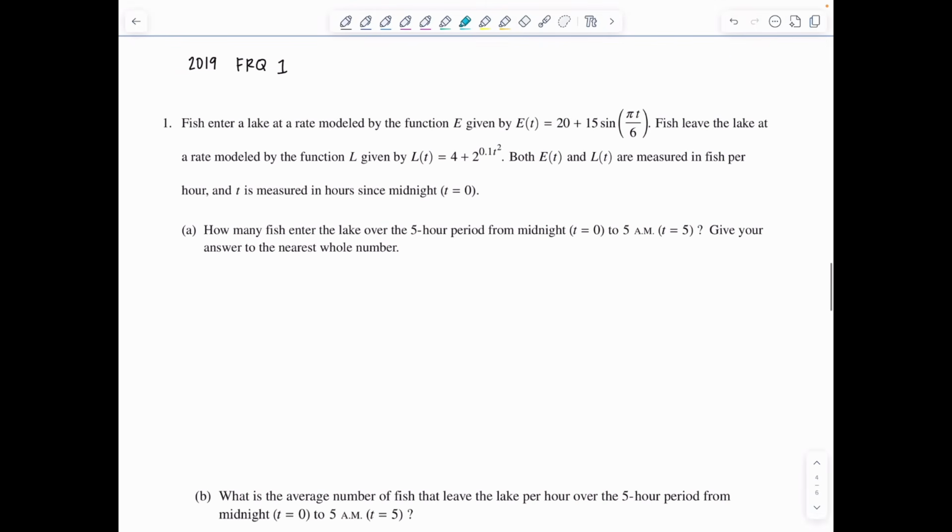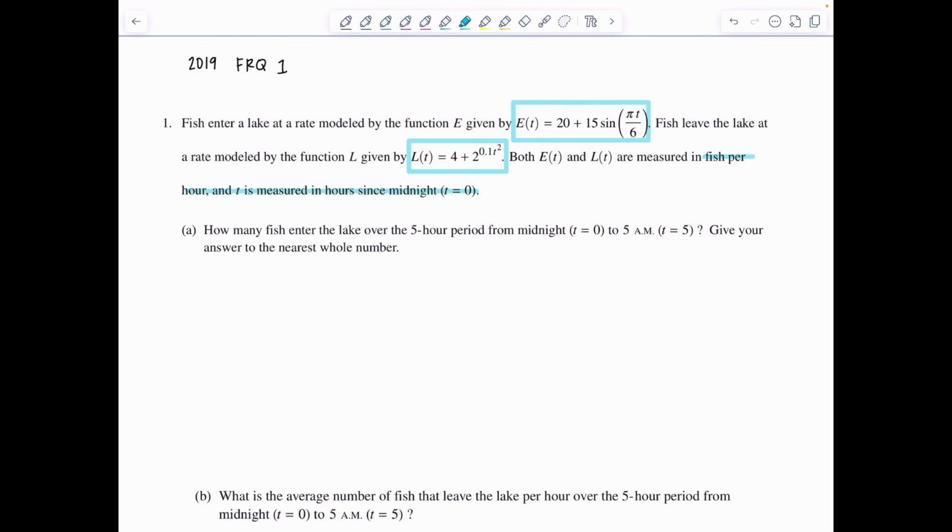This is from 2019. First free response question. Again, calculator allowed, required, dare I say. So, fish enter a lake at a rate modeled by the function E, given by E of t equals 20 plus 15 sine of pi t over 6. Fish leave the lake at a rate modeled by the function L, given by L of t equals 4 plus 2 to the 0.1 t squared. Both E of t and L of t are measured in fish per hour, and